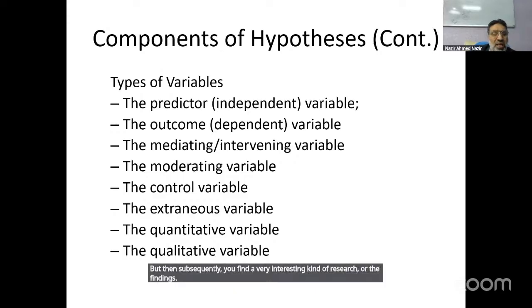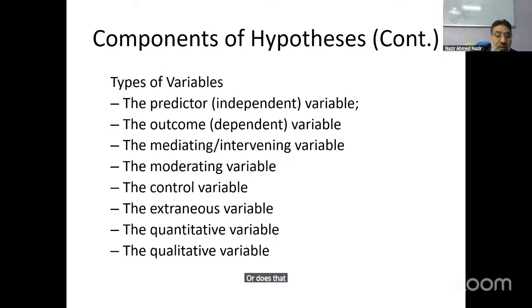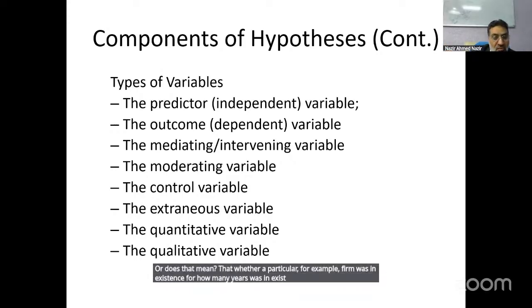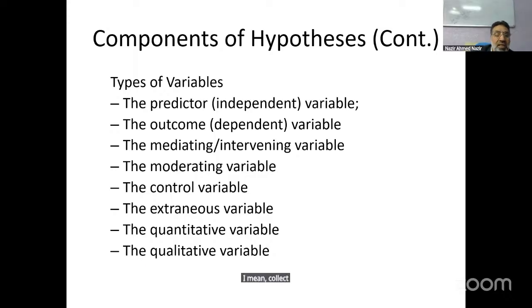What you do is you try to control for the size, and you try to control for the age. What does that mean? It means how many years a particular firm was in existence. What is the age of the firm? With a lesser age, maybe you may have different results. So control variables basically suggest that a researcher, after having collected data, can also resort to this kind of